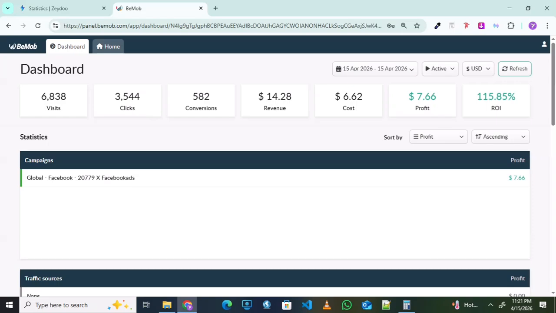So that is why I think using a tracker like Bemob and other trackers is very necessary as an affiliate, in order for you to be able to monitor your traffic and everything and achieve your goal as an affiliate marketer doing arbitrage or working on any particular affiliate network, right? Especially if you are driving traffic from